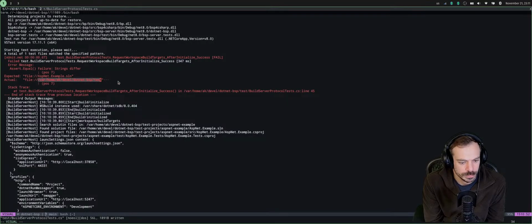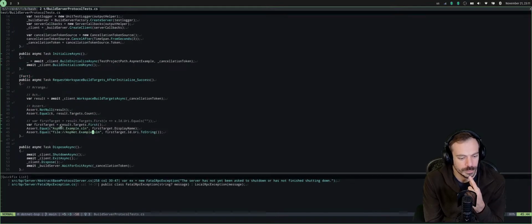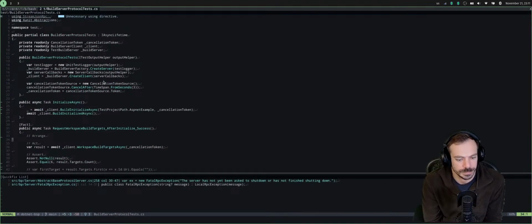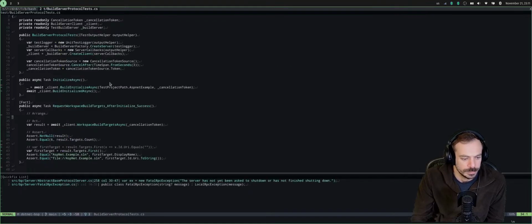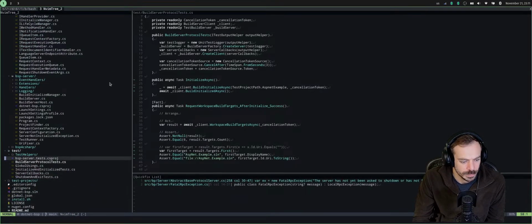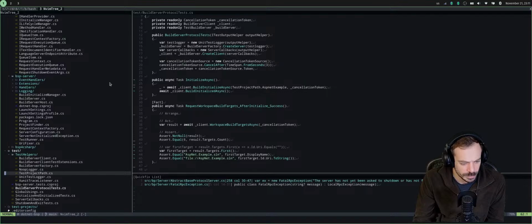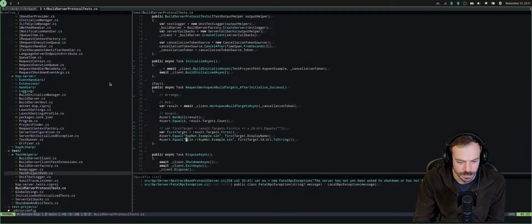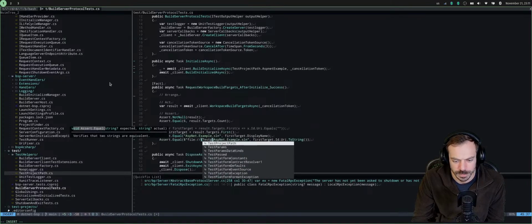The root folder where the solution file should be located. And from there we could add the rest. So we have the test helper here, test project path. So I could combine this one with test project path.